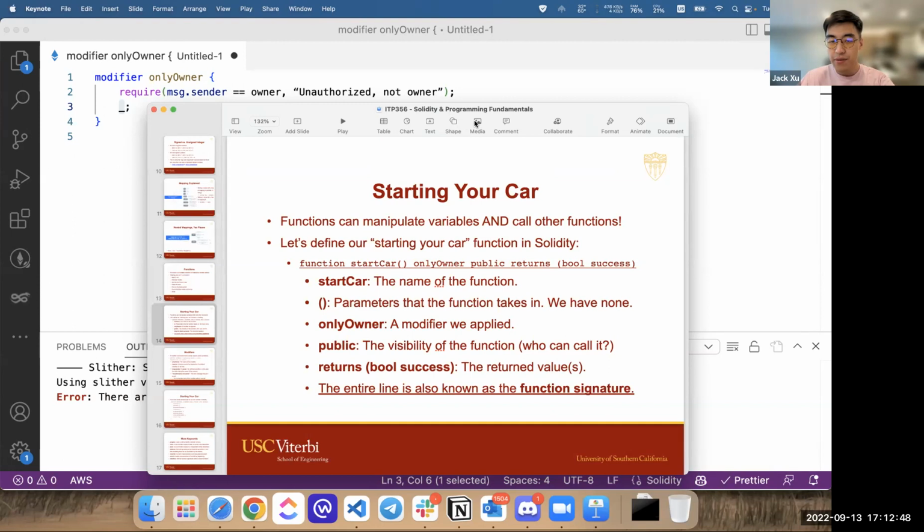Winston says, what if two public functions have the same name or signature? Same name is fine, because name doesn't matter when it comes to functions. Signature is what matters. You can have two functions of the same name, but if they take in different parameters, then they're still considered different functions. If they have the same signature, that's not allowed. That's just a duplicate function. You can't have anything duplicate in programming. You have to change a name or something, but you can't have two of the same thing.